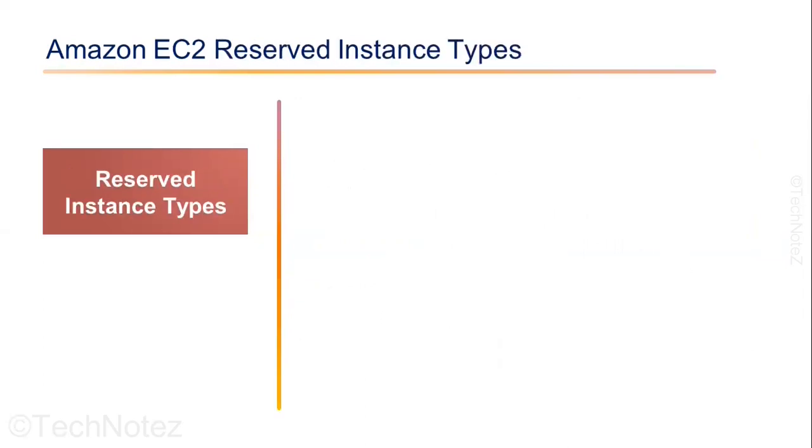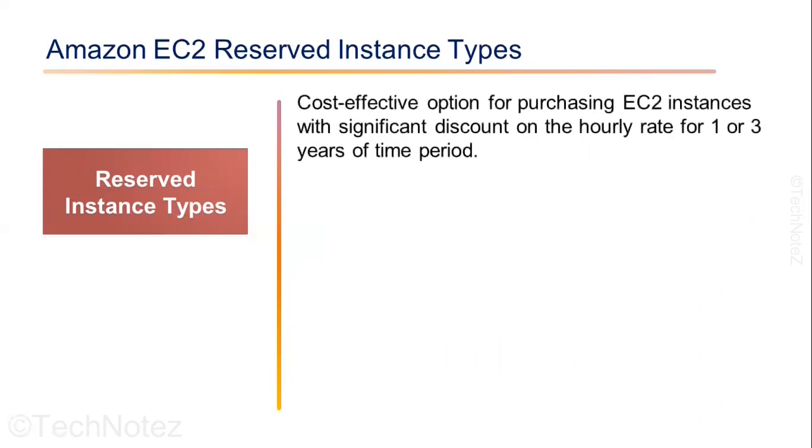Next, let's talk about the reserved instances. Reserved instances are a way to save money on EC2 instances by committing to use a specific instance type for a certain period of time, a 1 or 3 year term. In return, customers receive a lower hourly rate for that service. To use the reserved instances, customers can make a one-time payment or pay on a monthly basis. You can also change or cancel your reserved instances at any time, but you will be charged an early termination fee if you cancel before the end of the commitment period.